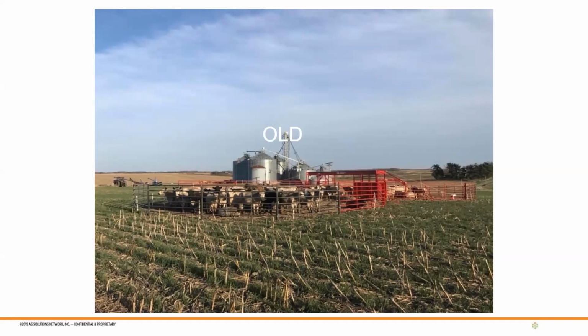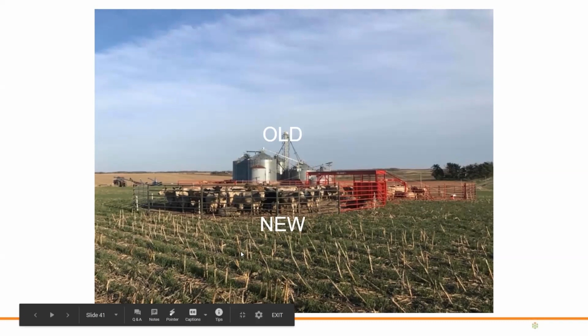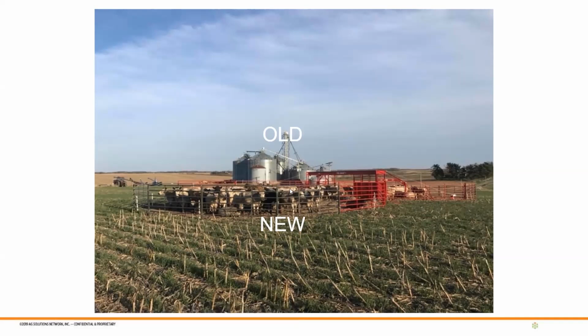Those grain bins, that's the old paradigm of agriculture. Growing grain, selling it to an ethanol plant or shipping it to China. And in the foreground here is a new paradigm of agriculture. Cover crops, grazing ruminants, and all those kind of things. But there's only one thing separating the old paradigm of agriculture from the new paradigm of agriculture, and that's simply